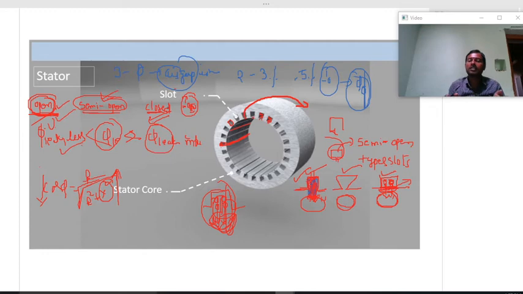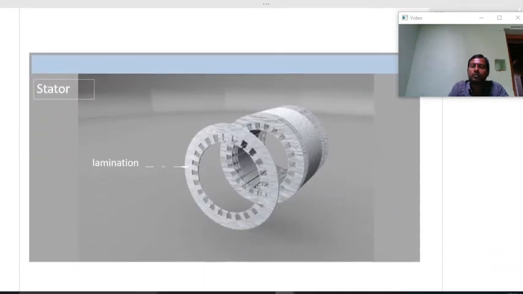Like that, all advantages and disadvantages will be available in semi open. But if you take open type slots, there will be advantages and disadvantages, but the disadvantages will dominate. So to avoid such difficulties, all induction motors prefer semi open type slots. But where should we use open type slots? They are used in DC generators. I will tell you later while discussing DC motors.